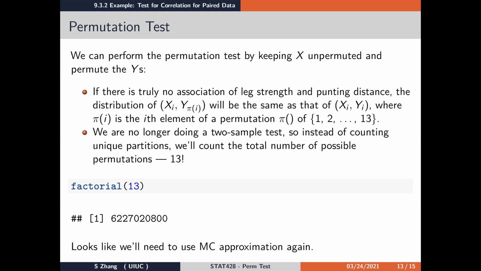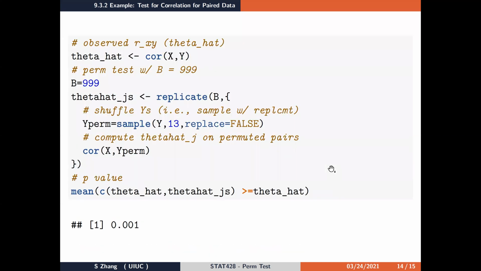In this case, instead of counting the number of unique partitions, we will count the total number of possible permutations. So the total number of possible ways that we can shuffle our y's, and that's given by 13 factorial. You can see that this is something that is really large. So it looks like we will need to use Monte Carlo approximation again. So let's again use B equals 999. Our first step is still to compute theta hat,